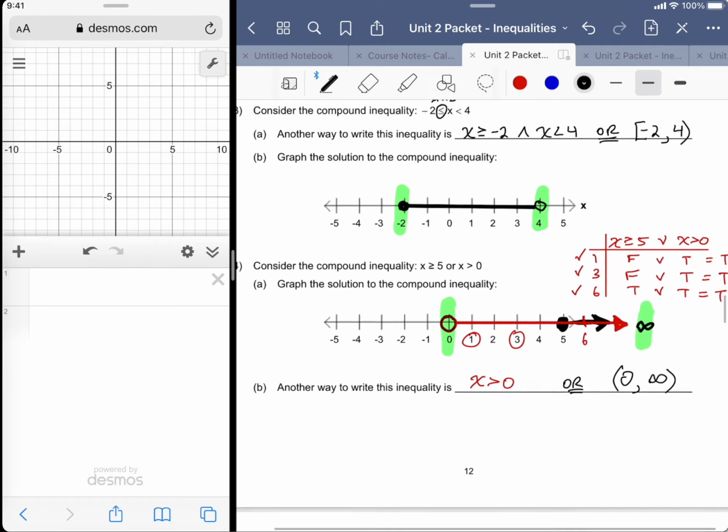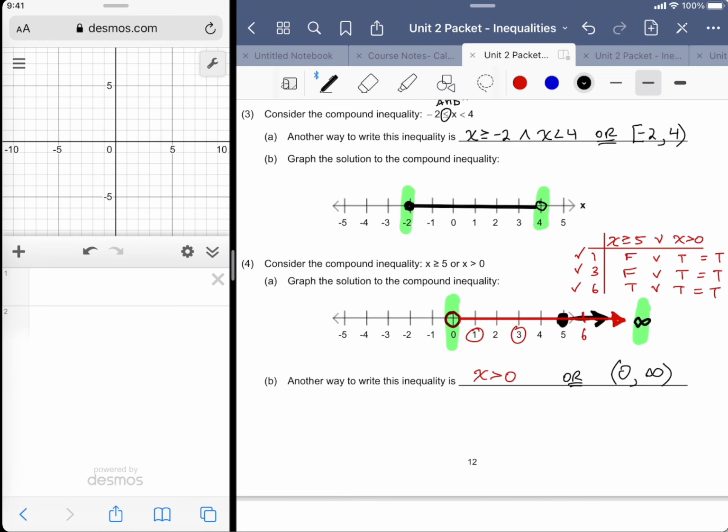All right. So that last one I think is probably the trickiest one conceptually, because if you look at it too haphazardly, you'd say, well, how did this become this? How did we just cancel the x is greater than or equal to 5? We didn't just cancel it. We looked at the different truth values based on everything that we talked about on the previous page. This is actually the culmination of the last 2 pages of notes. All right. So at this point,